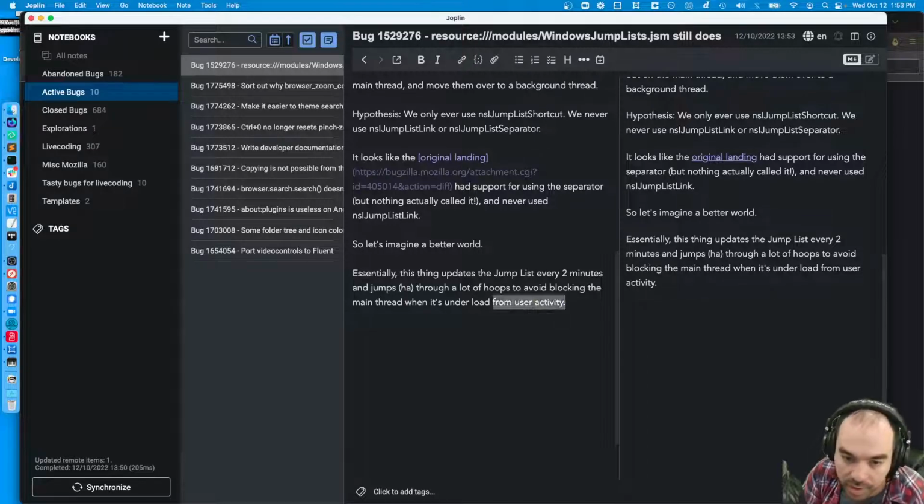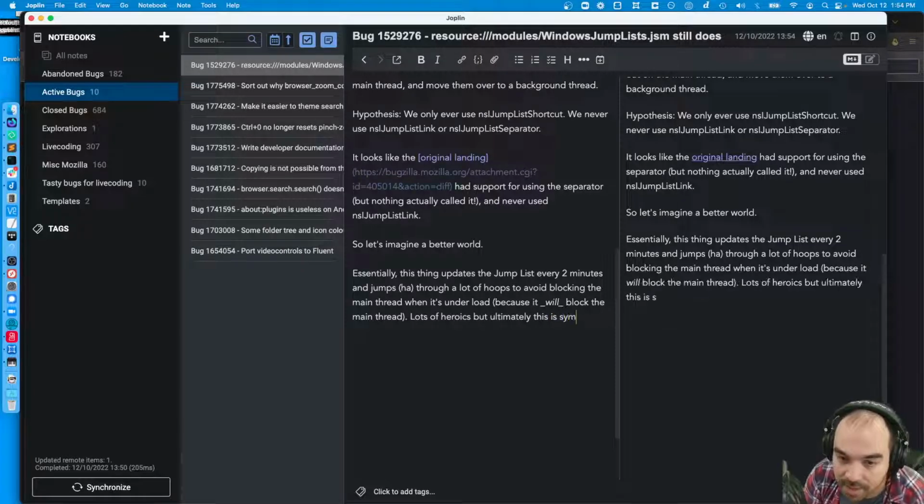It's under load in general, but because it will block the main thread. Lots of heroics,